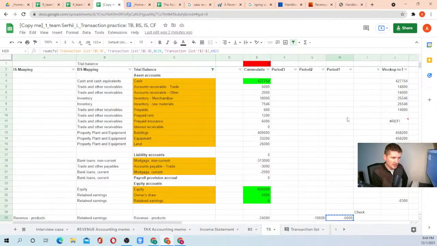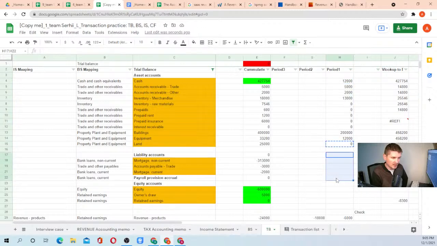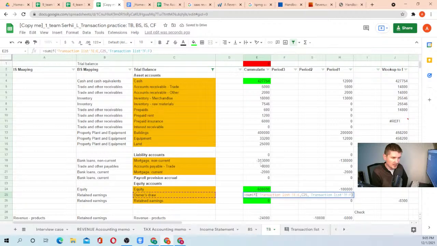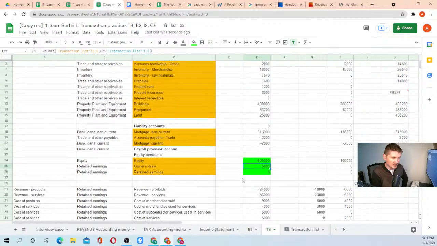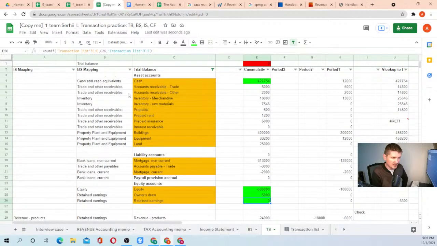So let's see. Let's go here. Okay, period 1. I believe we can use the same formula. So by using that formula, we should get to, let's see, how do I get retained earnings here? Okay, so that's owner's draw. So on the trial balance,